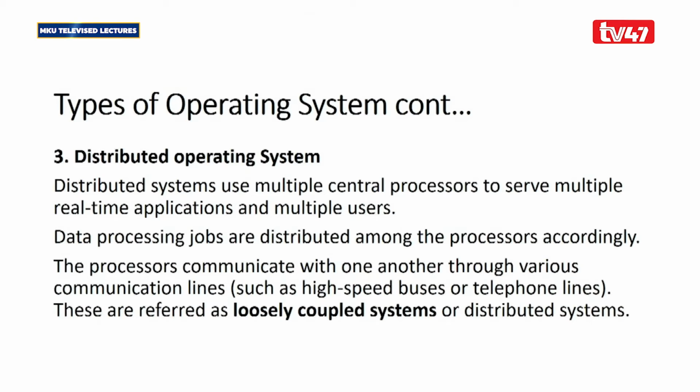So this is for a system that has multiple processors embedded in it, and the processors communicate with one another through various communication lines like high-speed buses or telephone lines. These are referred to as loosely coupled systems or distributed systems, whereby we have several processors supported in that computer system,